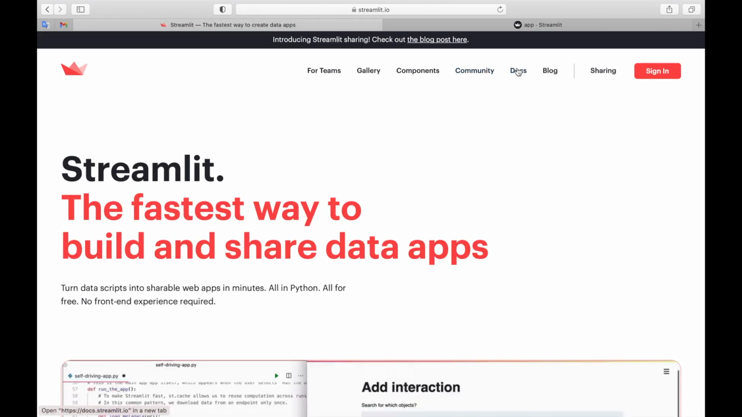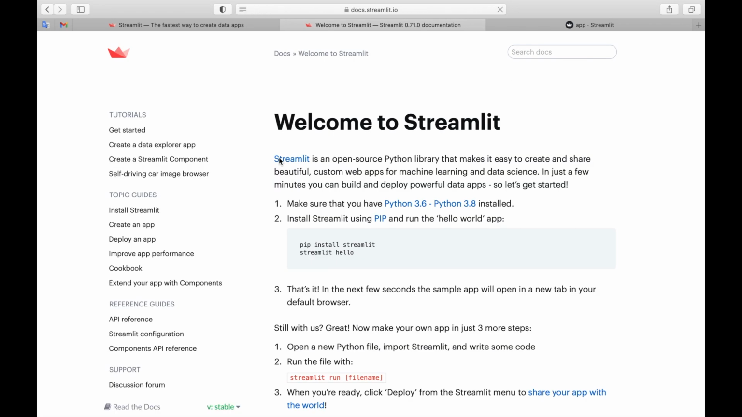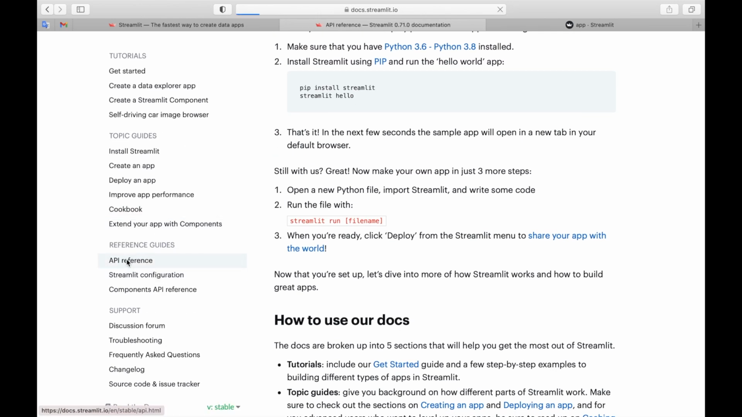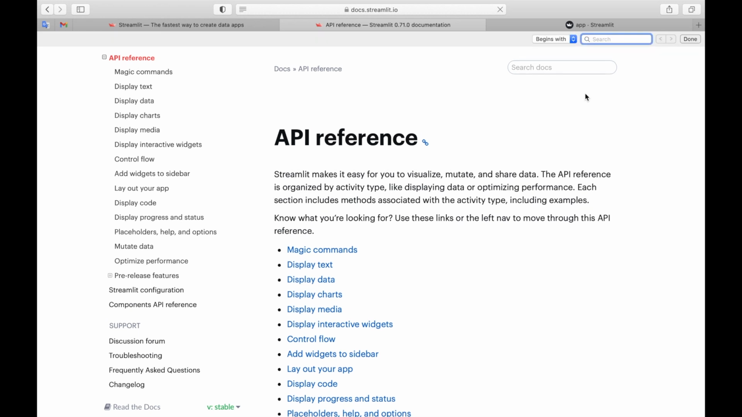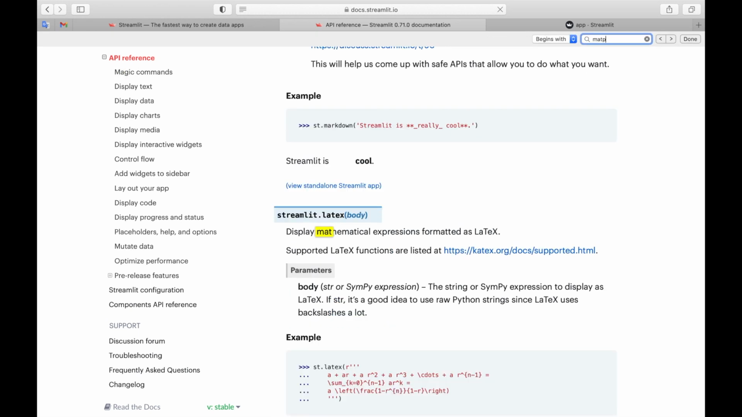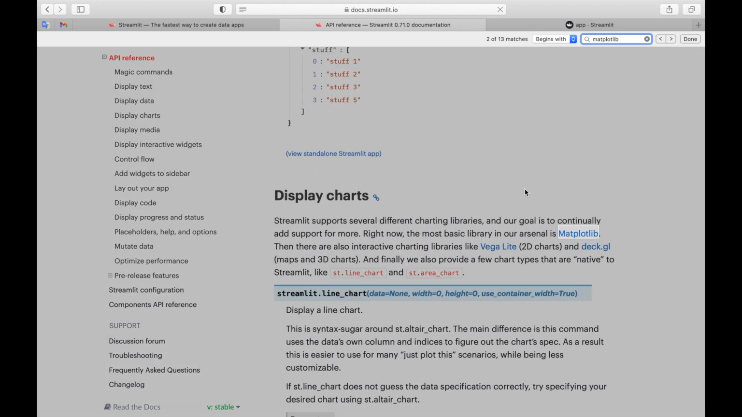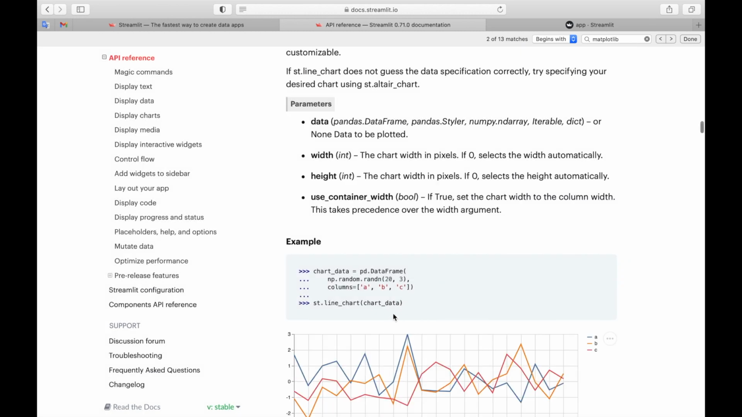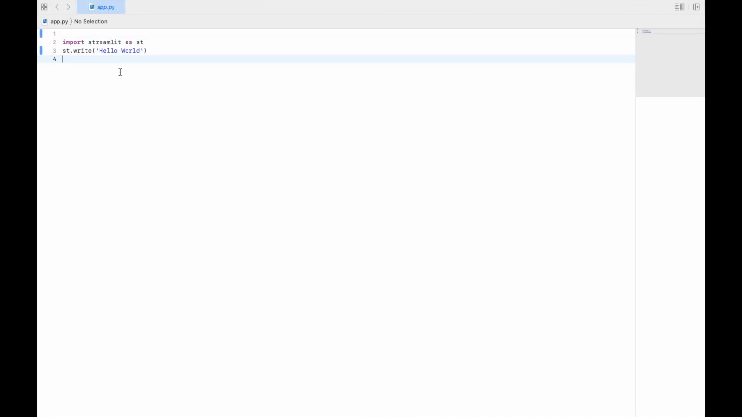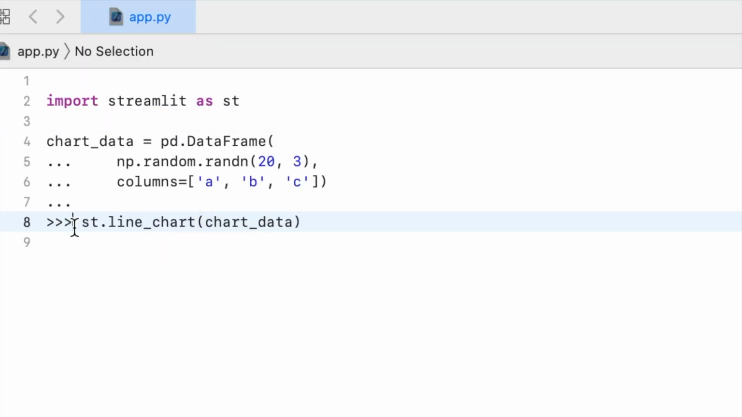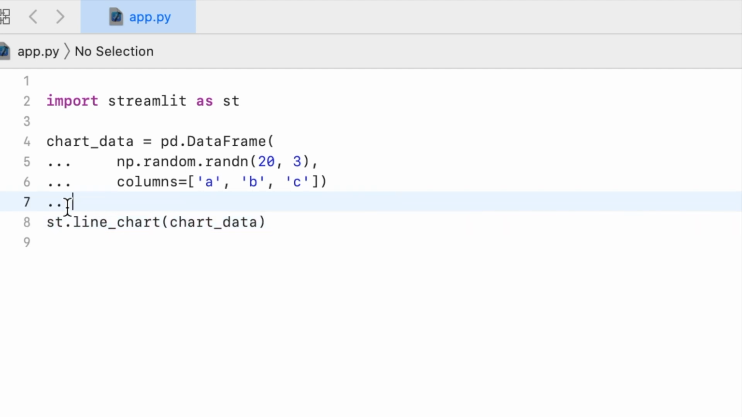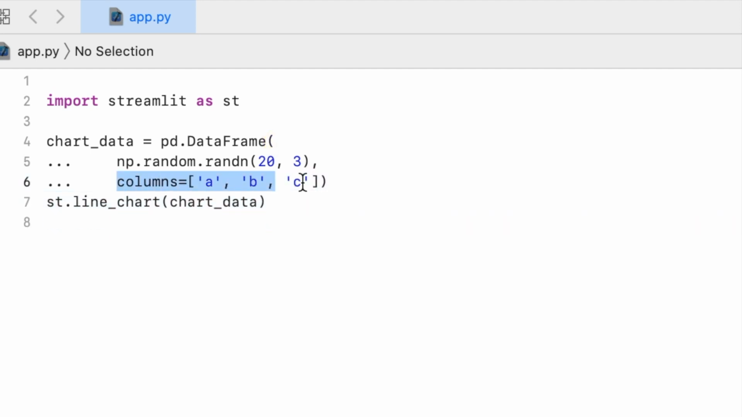So let's enhance our application with some cool data science features. We will use the Streamlit documentation and we will use the API reference, and let's plot some matplotlib graphs. Inside the documentation you can find a lot of examples, and we will use this one. We will copy the example to our application and just remove some mess from here, and yeah,